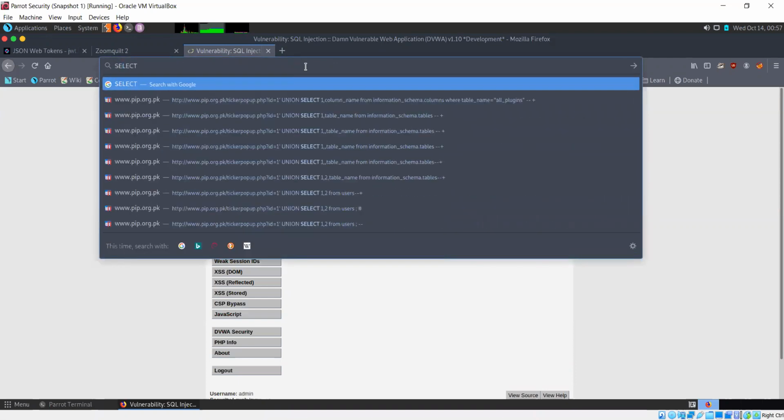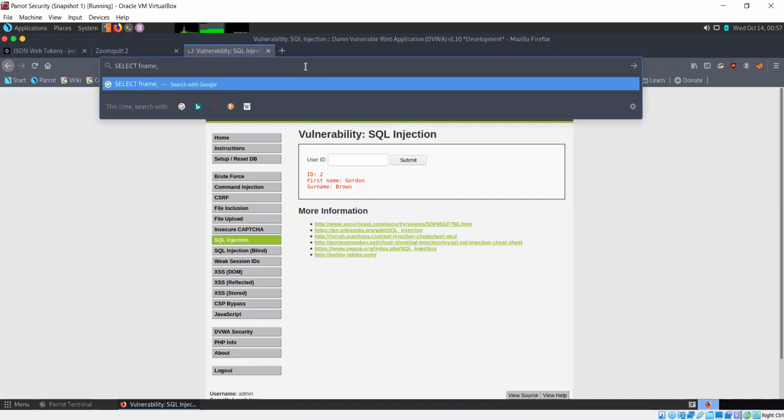Select F name, L name. I'm not sure about the names of the columns; I'm just taking a guess that these could be potential values. It doesn't matter, column names are something we'll find out later.